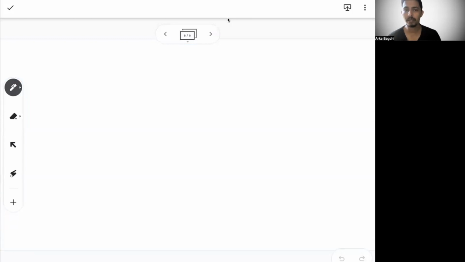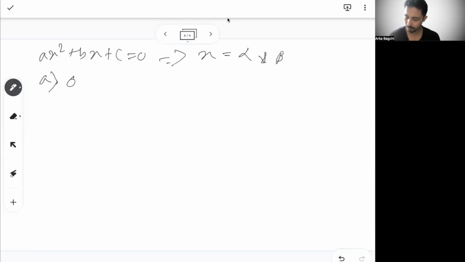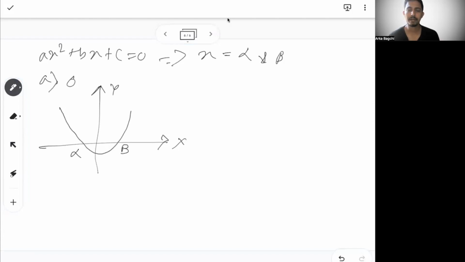Before doing inequalities, let's understand how it happens. Let's say ax square plus bx plus c equal to 0 has two roots, x equal to alpha and beta, right? Now if a is greater than 0, what kind of graph will you get? Let's say this is alpha and this is beta. I don't know the values of alpha and beta. I take one on the negative side, one on the positive side, right? Now here, we can say this is the same as y equal to ax square plus bx plus c,